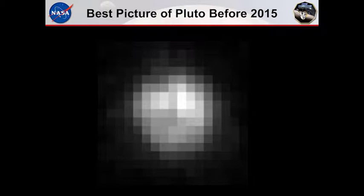New Horizons spacecraft. This is the best picture that we had until about a year ago. It's pretty hard to imagine at this point, given all the gorgeous images we've now got from New Horizons. This was from the Hubble Space Telescope, the best facility we have for taking sharp images from the Earth, but it's so far away and so small that all you can tell is there's some bright areas and some dark areas. And clearly there was a lot more we had to learn about Pluto to really know what it was